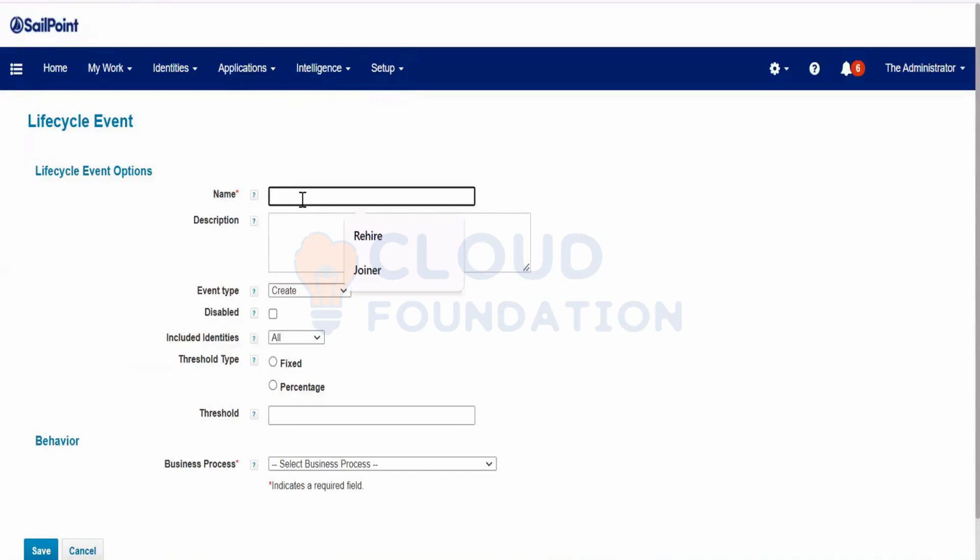Now let's take an example. This is the joiner event. When will this joiner event be triggered? How will Sailpoint come to know this event needs to be triggered? Once the identity is created, right? Correct. We can select the event type as Created. Once the identity is created, this event will be triggered. Once this event is triggered, this business process will be launched. Business process is nothing but